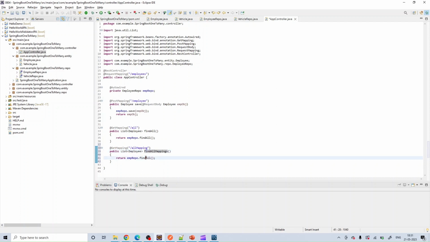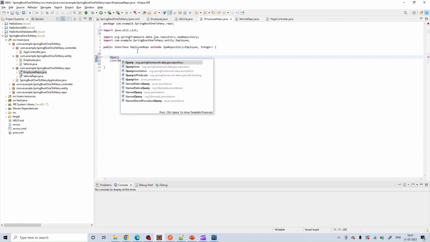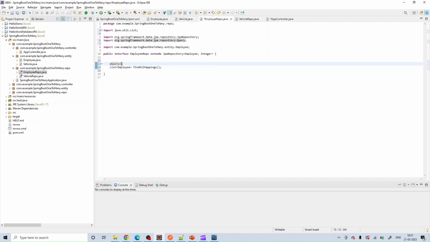So I'm renaming the function name, and let's create this. Okay. Add @Query. There are things to change here. So I'm changing them. So the HQL will be